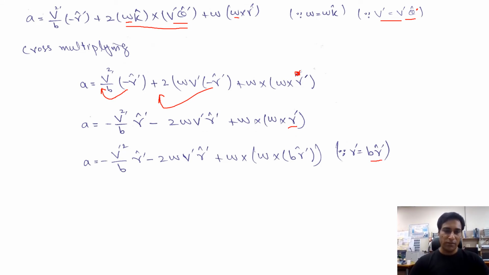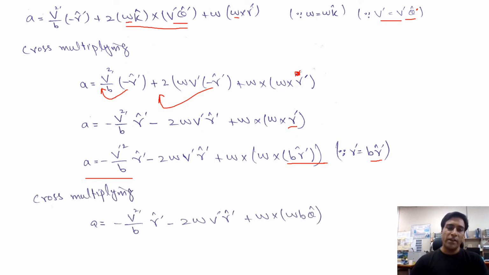So we replace in this equation, a is equal to v dash square over b r dash unit vector minus 2 omega v dash r dash unit vector plus omega cross b r dash unit vector. In this relation we only replace r with this term. So here we will again do cross multiplication, and we will get this relation: